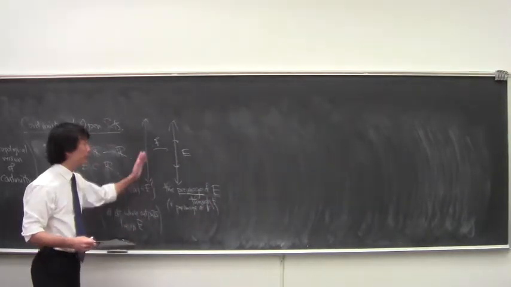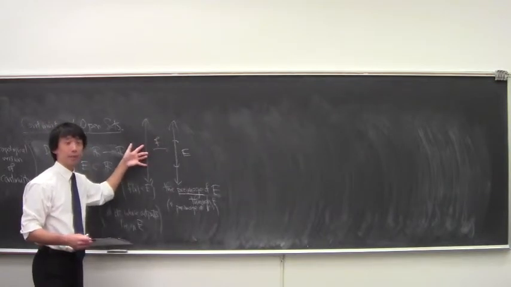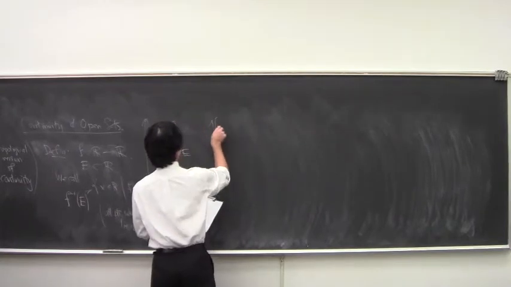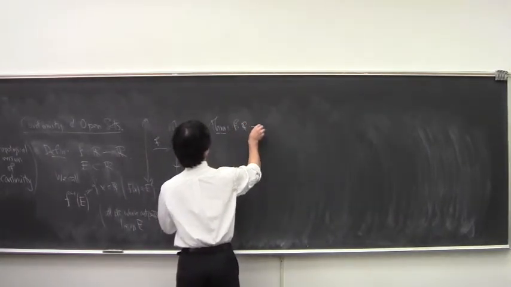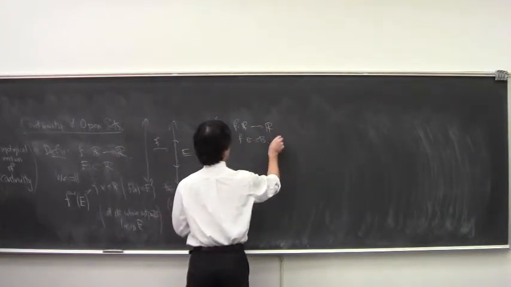Okay. So again, you just look at what points get sent to E, and that's the preimage. Okay. So now we can put down the theorem. Here's a function from R to R. F is continuous if and only if